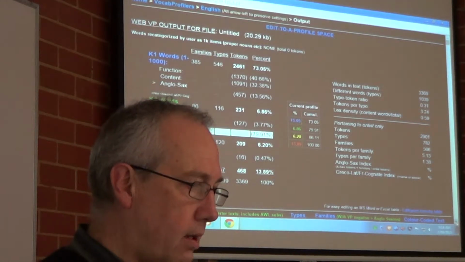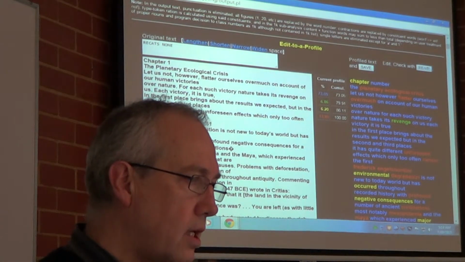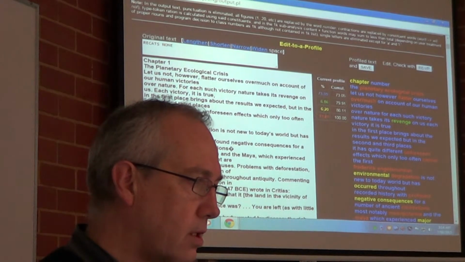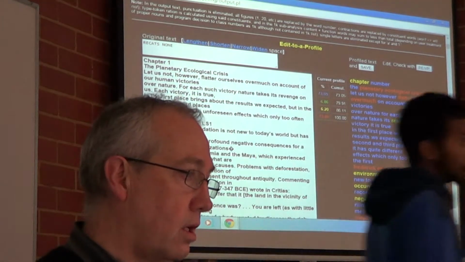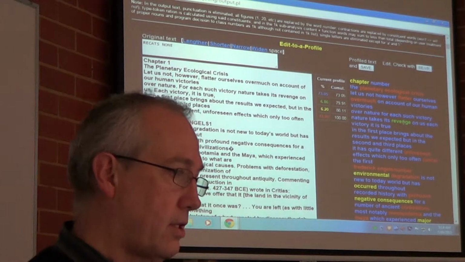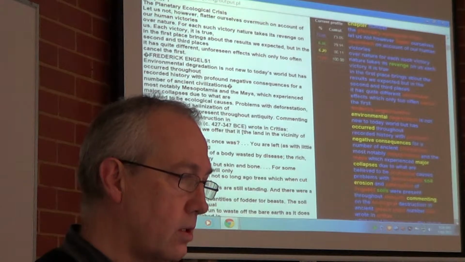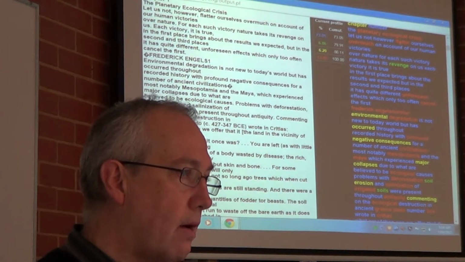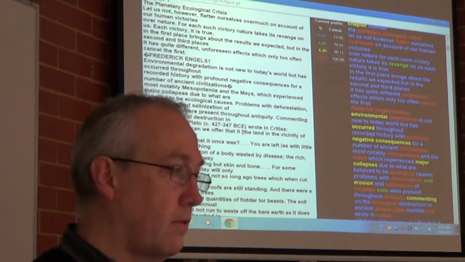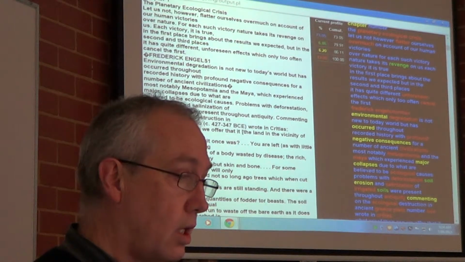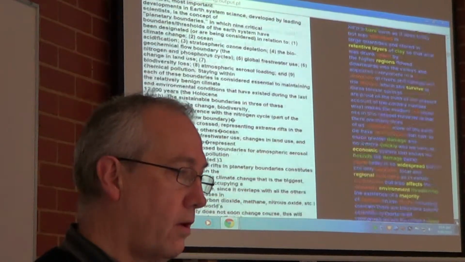Now, if we go down a little bit, here's the text, and you can see each word highlighted according to its level. So all the blue ones are the common ones. They're your first 1,000 words. The green are the 1,000 to 2,000. The yellow, that's the academic words, academic word list words. And the red are those beyond. Okay. So you can get a sense of exactly which words you were using in your essay from the academic word list. Now if we go down further,